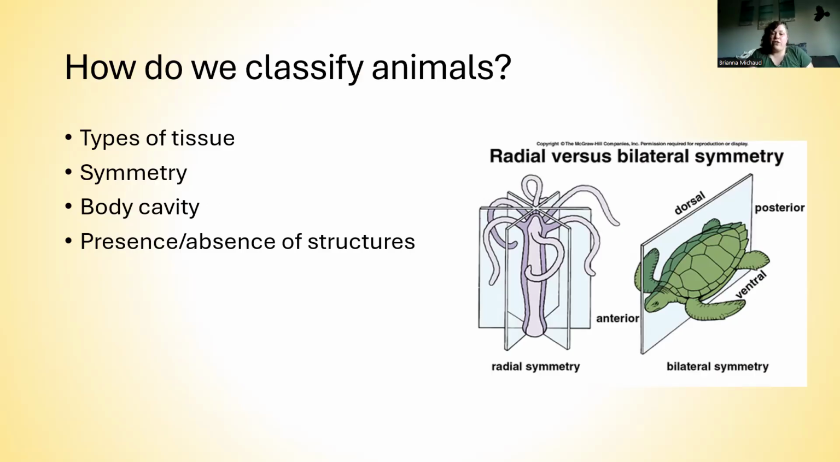We're also going to talk about whether different species have a body cavity or not. A body cavity is an internal space where your organs can be located. We actually have several body cavities. We have the cavity that our lungs and heart sit in, and the cavity that our intestines and stomach and liver sit in. But not all animals have a body cavity, so that's another thing we're going to look at. And of course, the presence or absence of certain structures we're going to look for as well. So, for example,